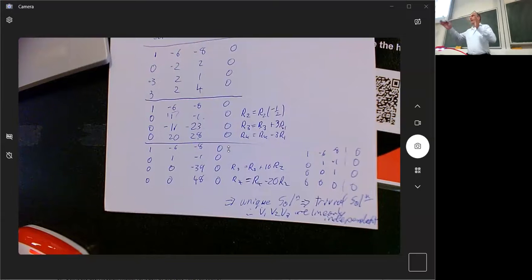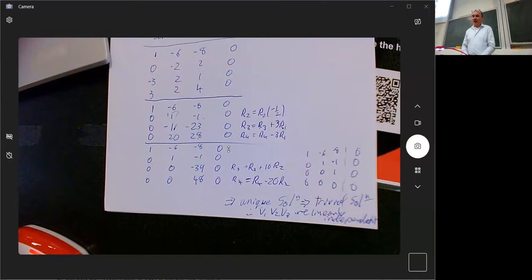If I have more vectors than I have dimension, so if I was to have 5 vectors, I must have a free variable. All right. I must have a free variable because the number of non-zero rows can only be 4. There must be at least one that's a free variable. And so that would mean that if I have more vectors than the dimension,